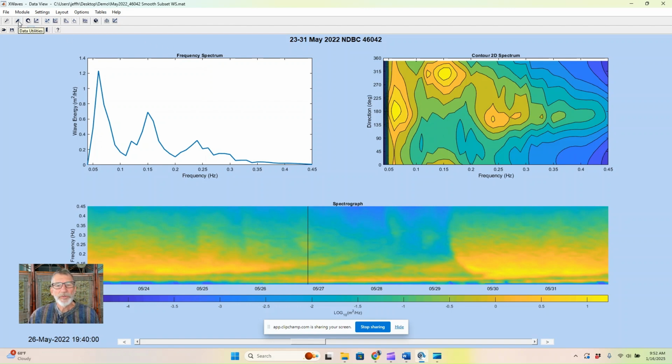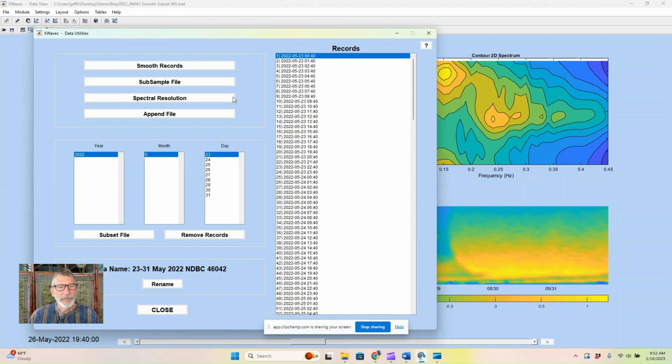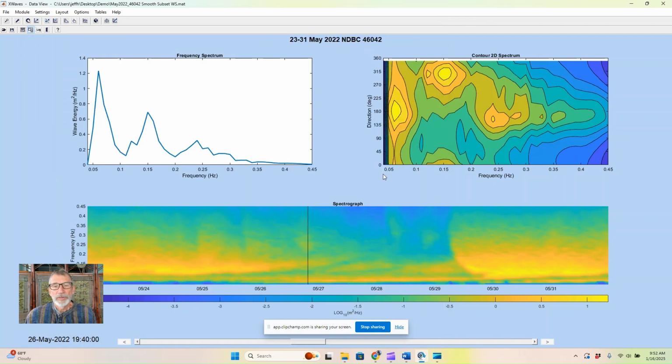Okay, but first you might want to do some data editing. We have a powerful data editor that allows you to smooth records, subsample files, change the resolution of your spectra, append and subset files, remove records, and even rename the dataset. This gives you a lot of control over getting your data into the form needed for the types of analyses that you're doing. I've already smoothed this data over 3 hours, which takes some of the noise out from the